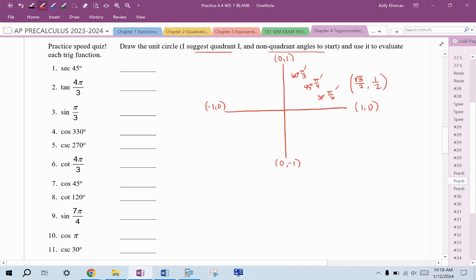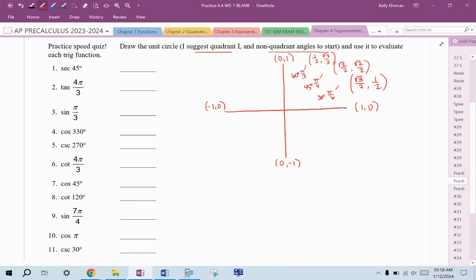The one that I have most solid in my head is sine of pi over 6 is 1/2. So I put that in the y and then I do the x. Pi over 4 should be the easy one. They're both radical 2 over 2. And if you have pi over 6 right, then pi over 3 is just flip these coordinates: 1/2 and then radical 3 over 2. Now, this is where I start, and then I have enough information to go about finding the rest of these